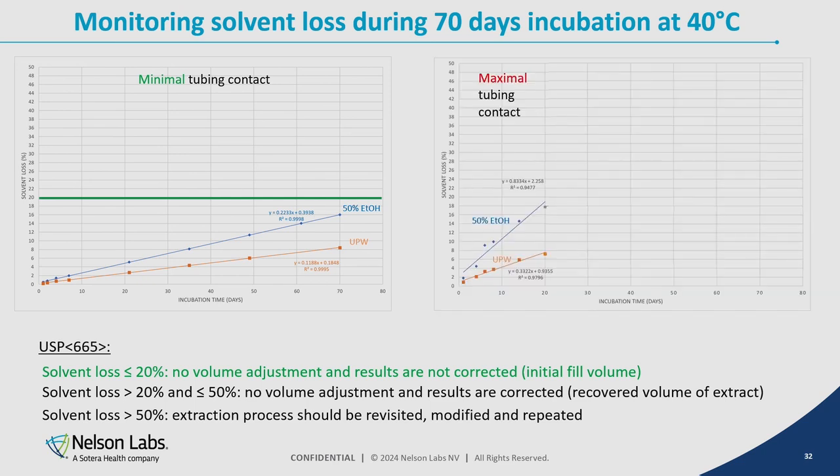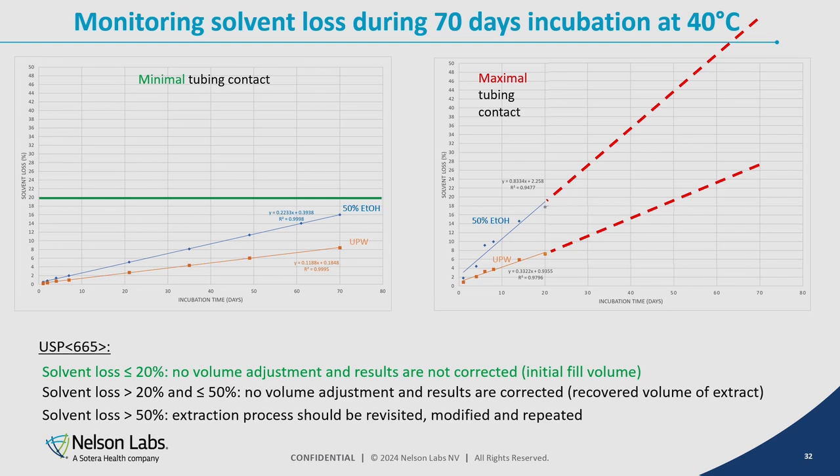The situation was a little bit different when we're looking at the results for maximum contact with the tubing. There you can see that after already 20 days, there was a risk for the 50% ethanol to be too much of a solvent loss during that incubation. If we made the extrapolations from the results we had so far, it was clear that when we reached the incubation time of 70 days, the solvent loss would be higher than 50%, and then USP 665 stipulates